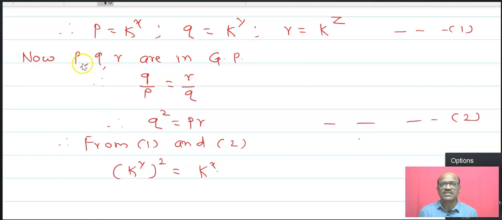Now see this here, P, Q, R are in GP, therefore Q upon P is equal to R upon Q, so Q square is equal to PR. Now we will substitute here the value of Q. The value of Q is k raised to y, and whole bracket raised to 2 is equal to P into R, where P is k raised to x and R is k raised to z. Therefore, we will get